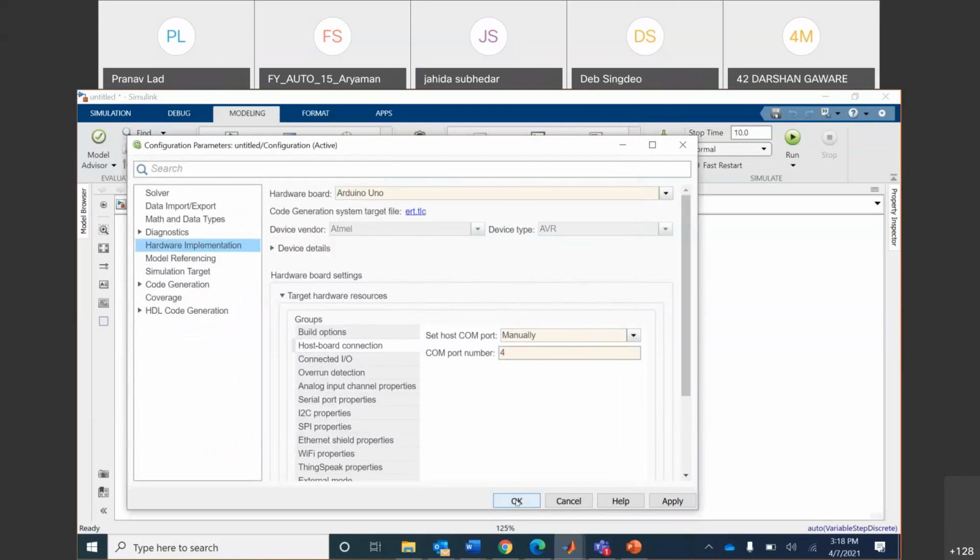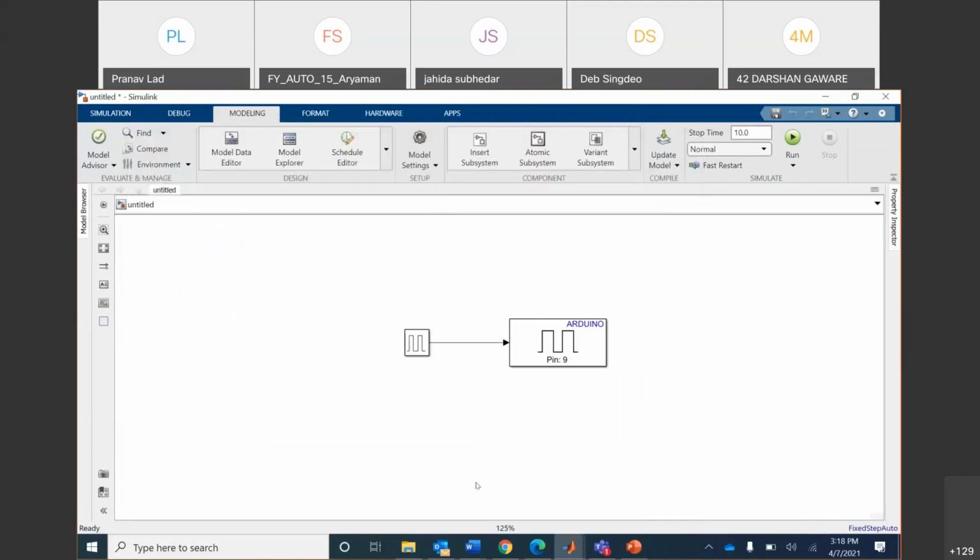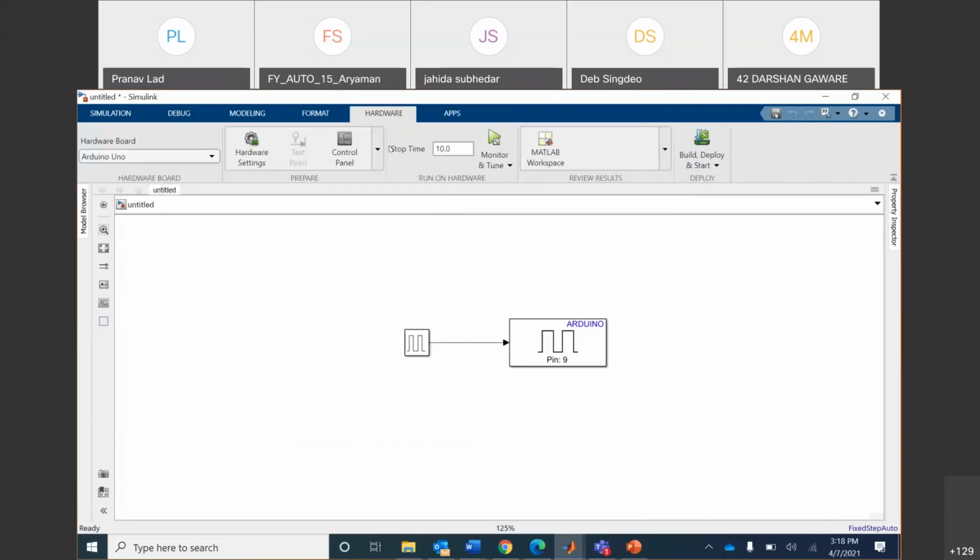Once you are done with this, just selecting the hardware and selecting the COM port, you are done with the settings, right? And you see once you define that, a new tab appears over here, hardware, and it takes you to that location. So this is the time for which the model will run.